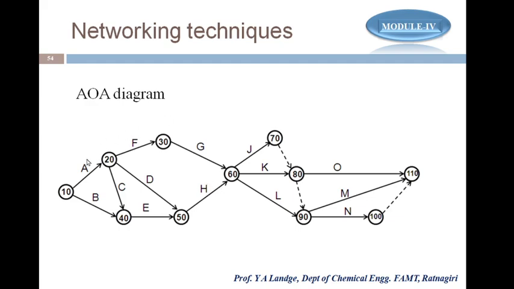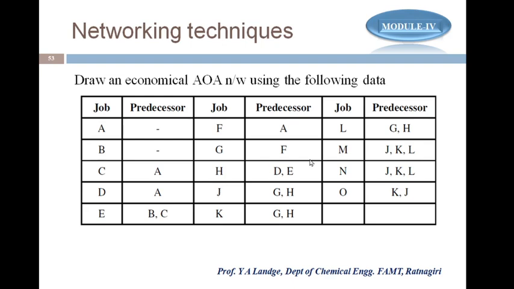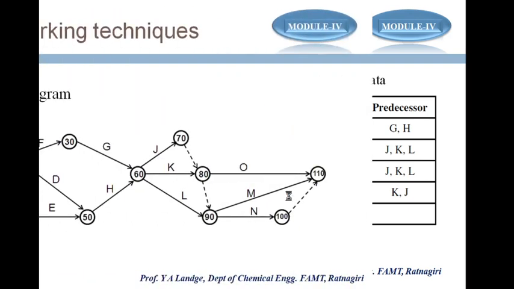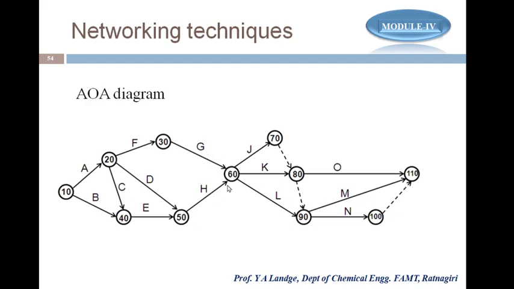As F only depends on A, I just give the arrow, then I place a node, and again I place G, which depends on F. So F is the predecessor for G, and again I draw this one. And as J, K, L depend on G and H, if you see the diagram here, for J, K and L, G activity and H activity are the predecessors. That's why we place this G and H on this node, and from this node again we draw